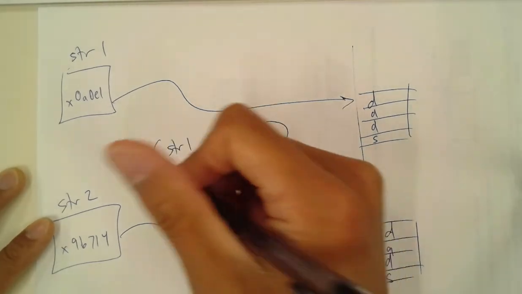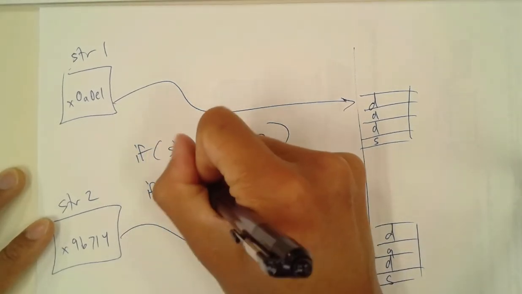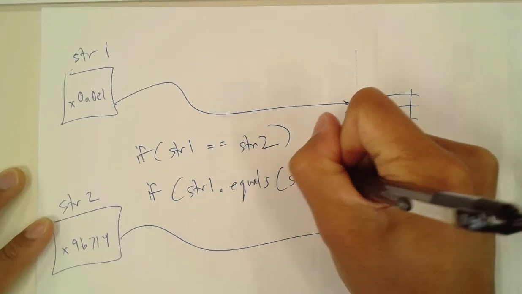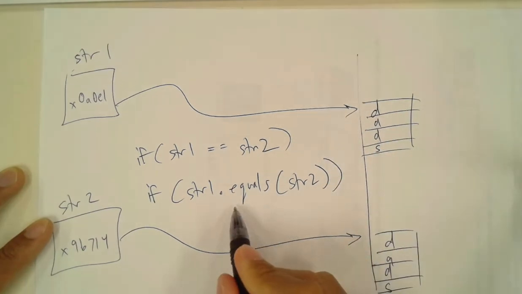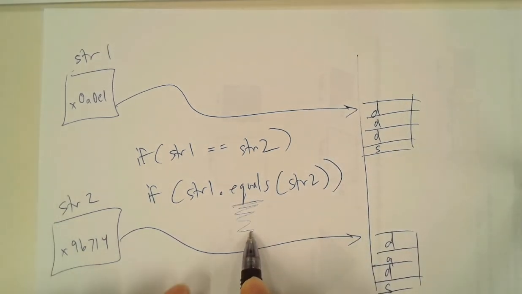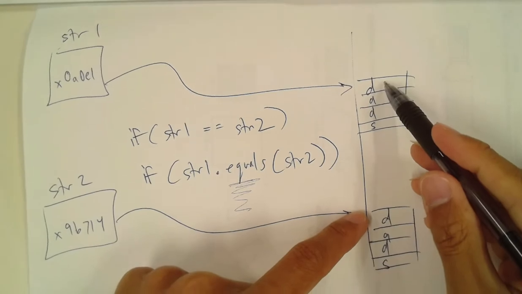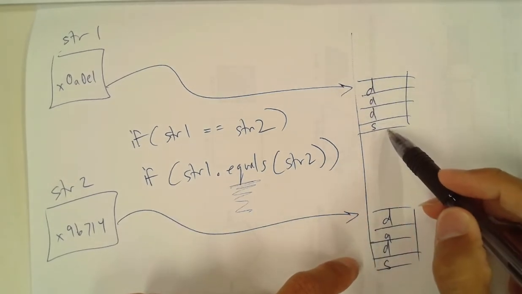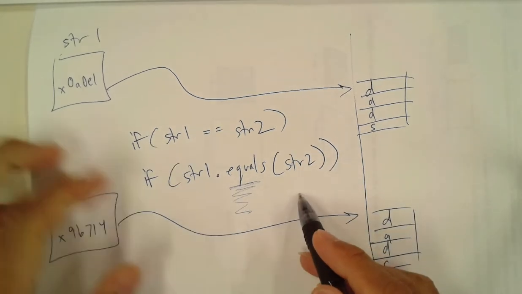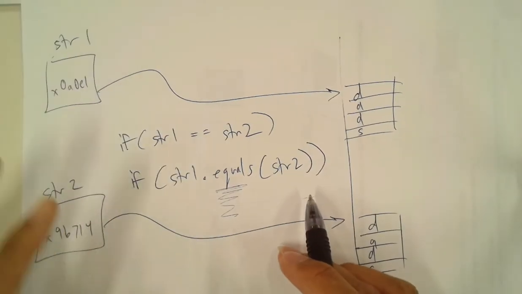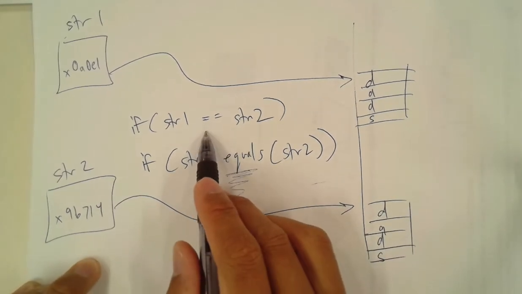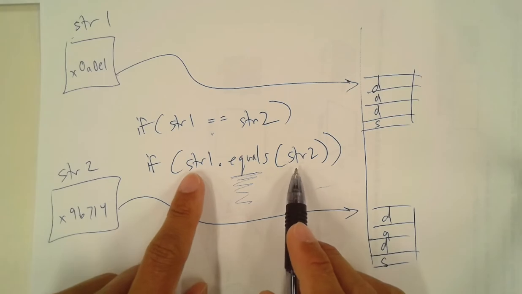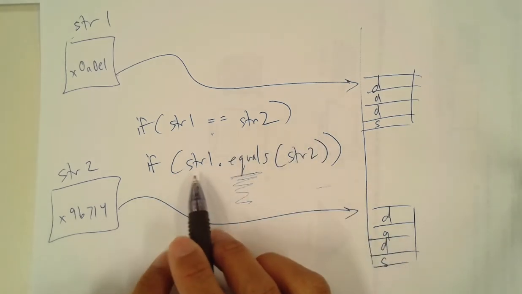So how do you compare two strings? You use the dot equals. So you do string 1 dot equals string 2. And what is dot equals? It's a string method that compares the letters in the string to see if they are equal, which they are in this case, and it returns true if the characters in the two strings are equal. It does not compare memory locations. It does not compare the values that are in the variables. It compares the characters that are in the two strings, and it returns true if they're equal and false if